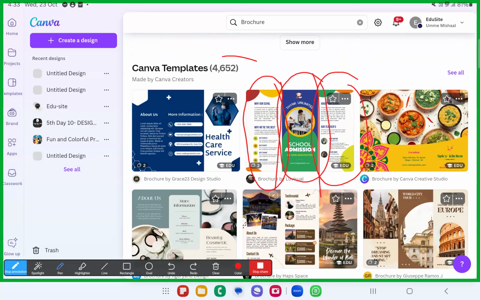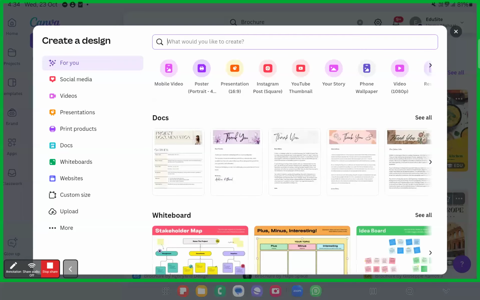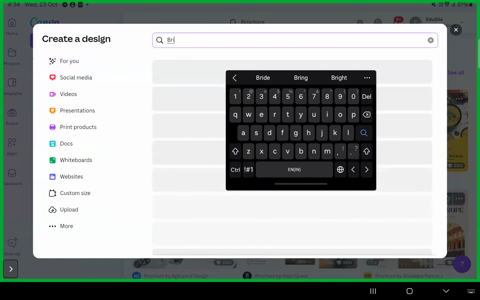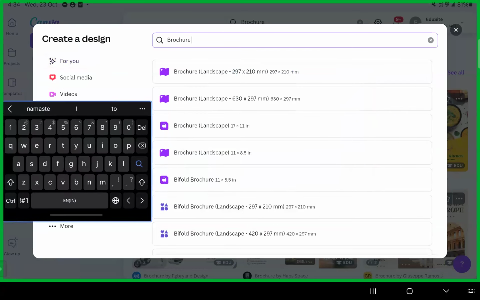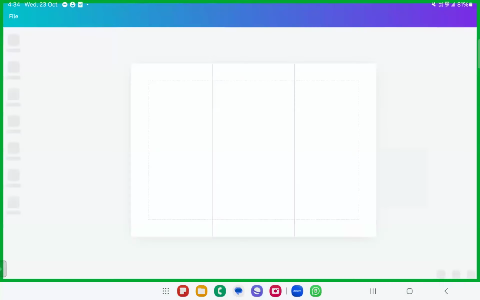Okay, I'll show you how to create these brochures together. Come on, do this together with me, inshallah. Let's start with Create a design. Just write brochure. Fine. Brochure aspect ratio. Brochure. Okay, landscape we are having. Brochures are usually three pages, right? Three front, three back. Actually it's in a single page.